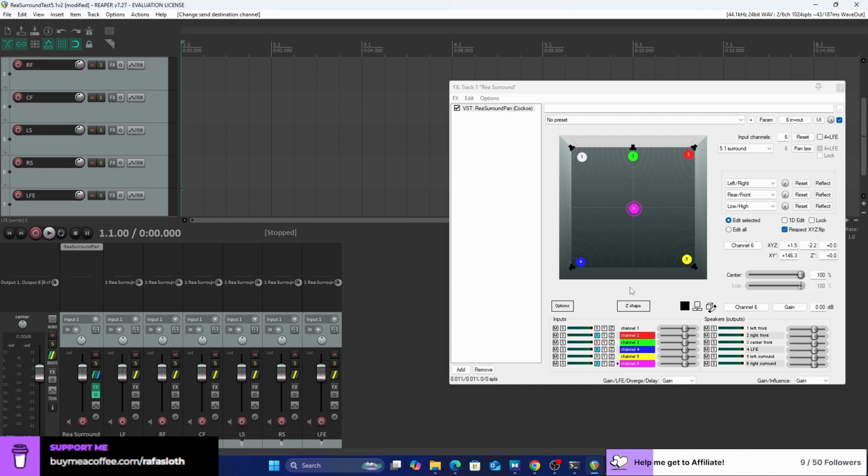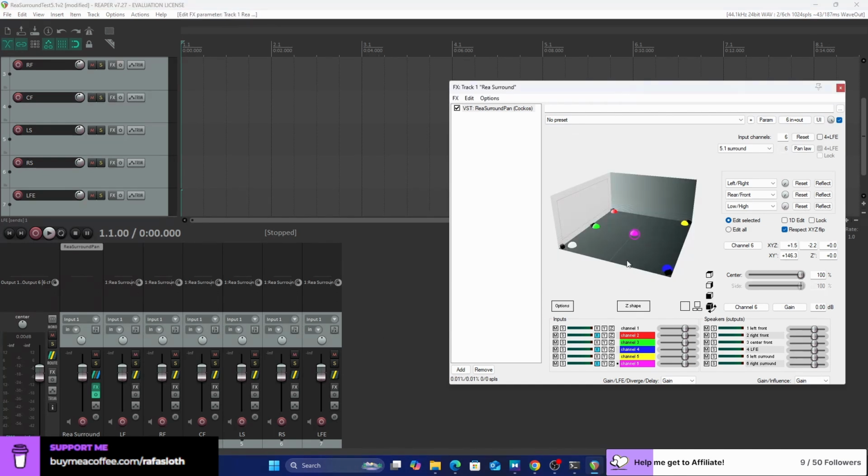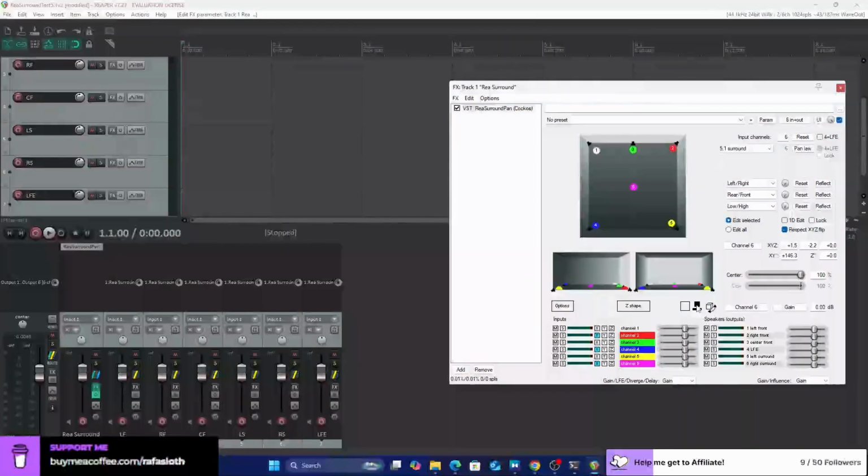Okay, so you could potentially play around with height and pan this vertically as well. Right now everything is on the floor. You could potentially raise some of those so that it sounds higher, stuff like that.